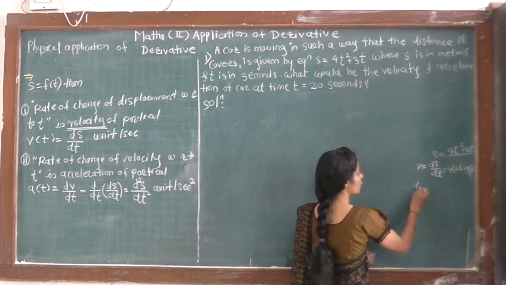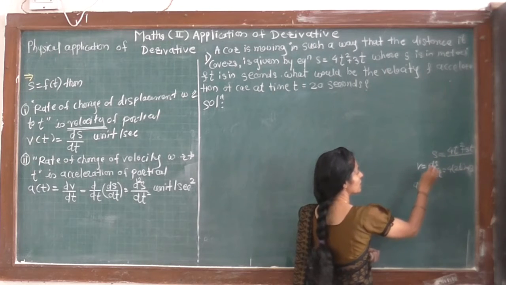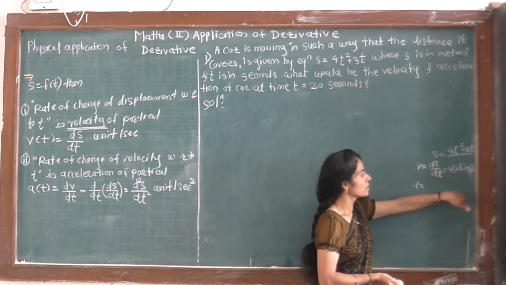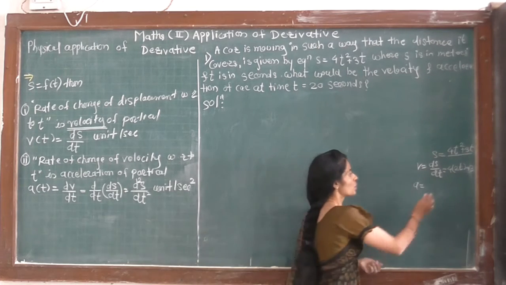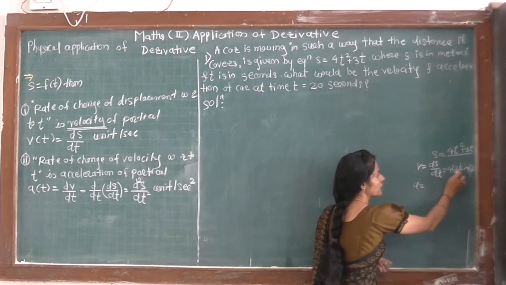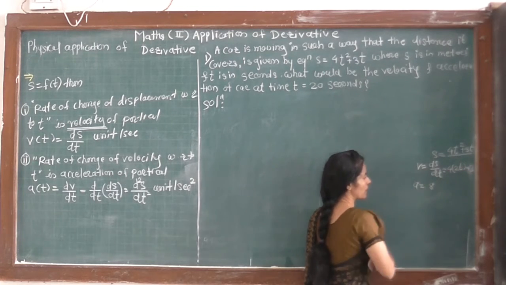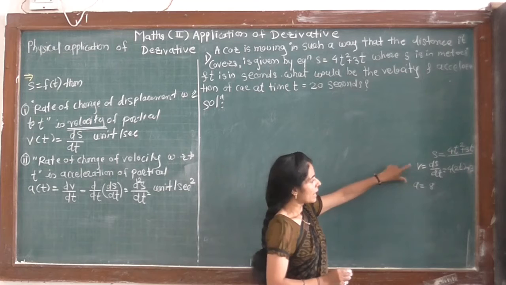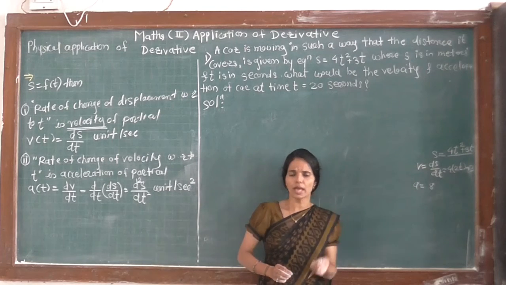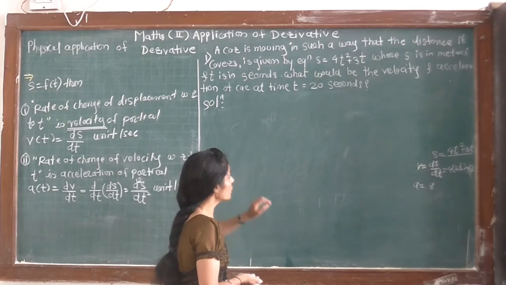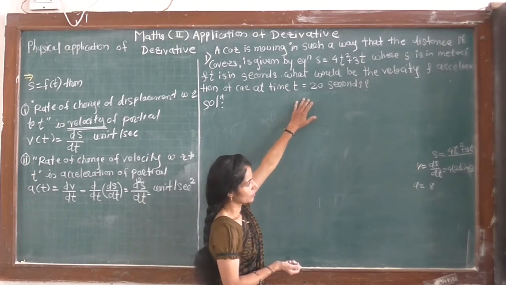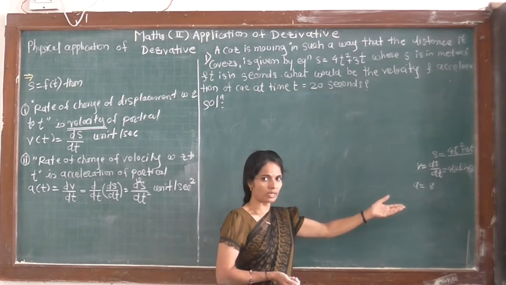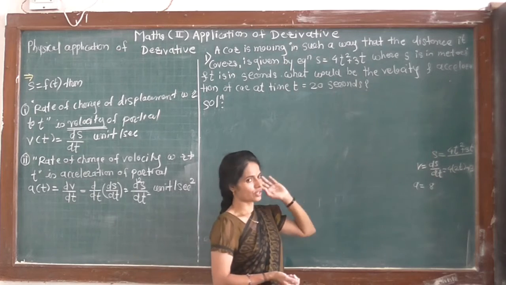Similarly, we can find the value of a. A is the rate of change of velocity. So we have to differentiate this once again with respect to time. So we differentiate 8t plus 3. Derivative of 8t is 8, and derivative of 3 is 0 since it is the constant term. And in these values, we have to put the corresponding value of t, which is given as 20. That is the analysis. From s find v, find a in the form of t, then put the value of t as 20 and complete the calculation.